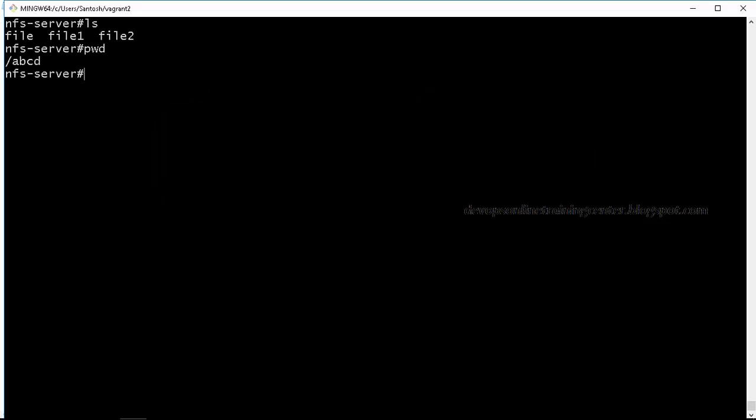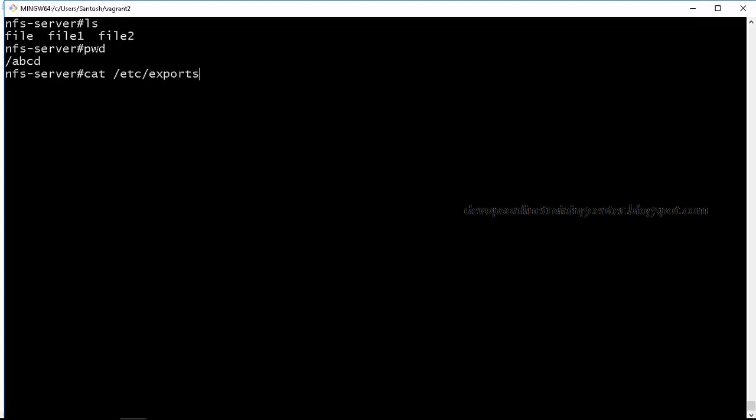So simply we can share a directory from one machine and attach it to different machines. mount is the command to attach. Now this is not permanent on the client, because we added the share to /etc/exports, which is on the server. That will be shared.